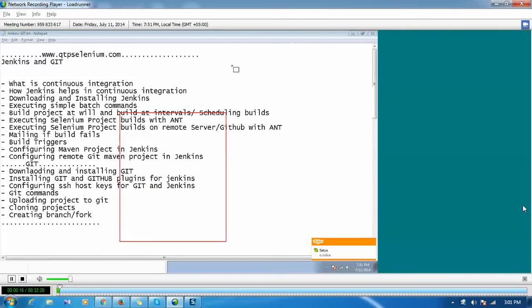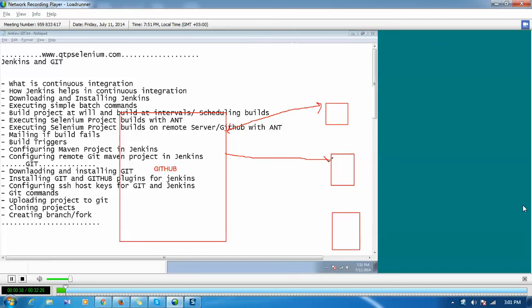We have got a centralized repository or a server. For example, I am talking about GitHub here. GitHub will have all your project code and everything. Fine. The team members will be modifying the project on GitHub. They will be constantly uploading the files, or downloading them on their machines, modifying the files and uploading